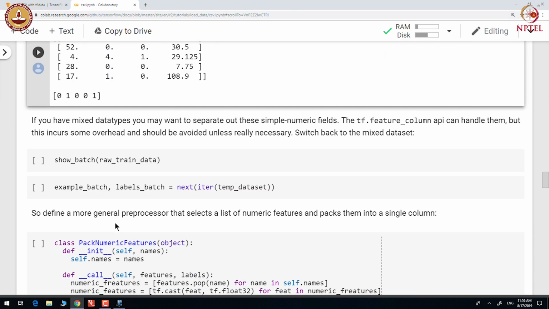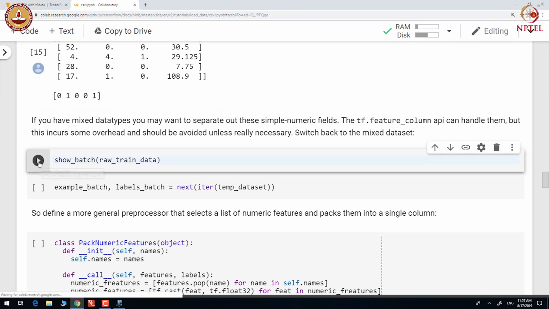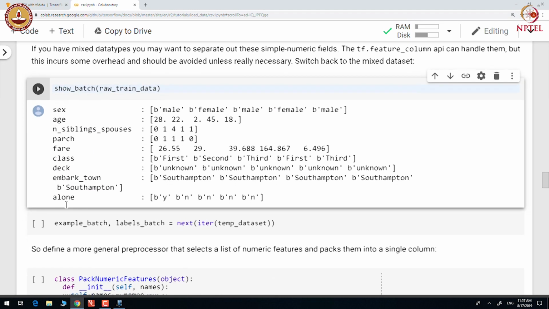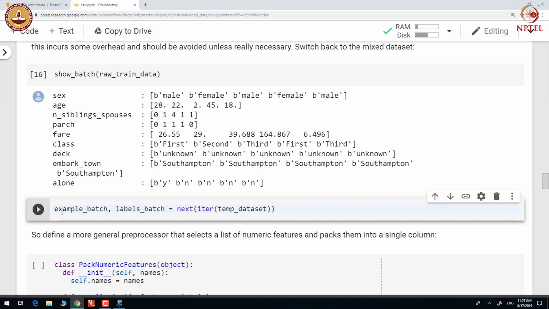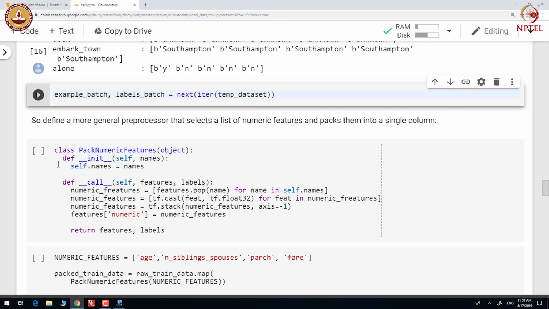If we have mixed data types, we may want to separate out the simple numeric features. The tf.feature_column API can handle this, but this incurs some overhead and should be avoided unless really necessary. Let us define a more general preprocessor that selects a list of numeric features and packs them into a single column.